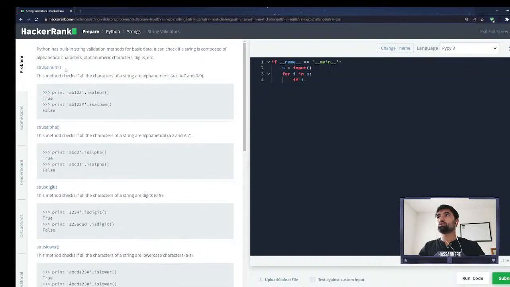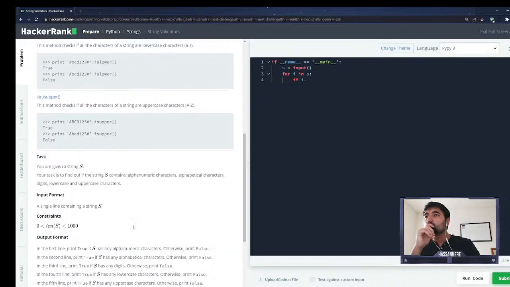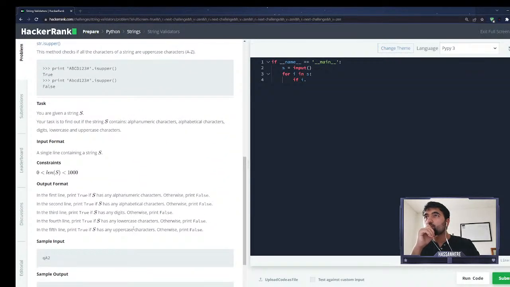Let me grab the alphanumeric characters, print false. So for the first one we don't have to